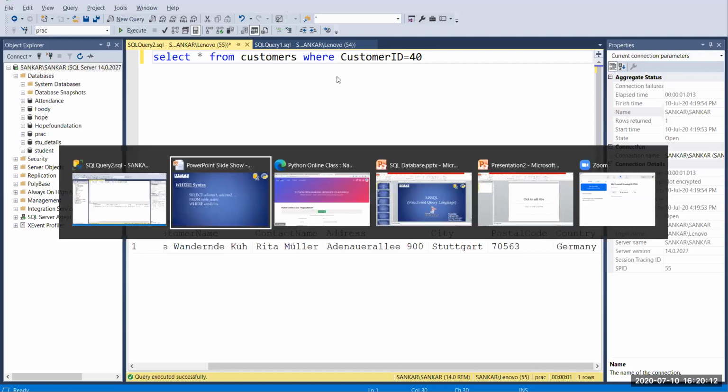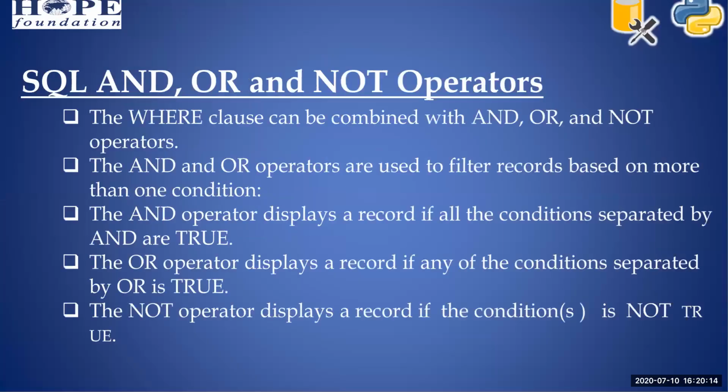So let's see the next topic. Okay, so the SQL AND, OR and NOT operators. We have also already seen these in our Python class, right? So these are all logical operators. This is used to pass your conditions.